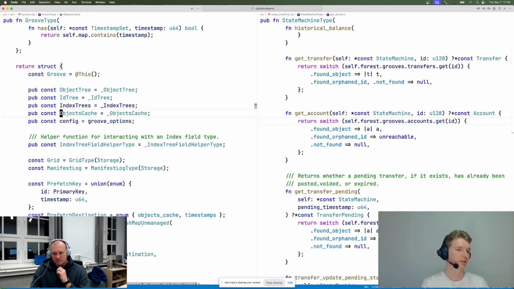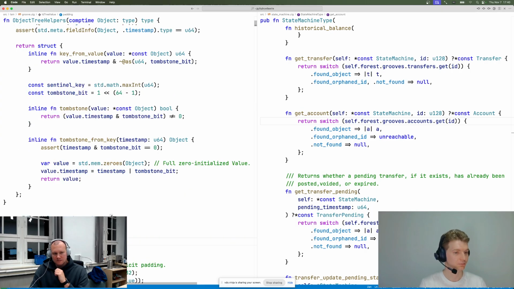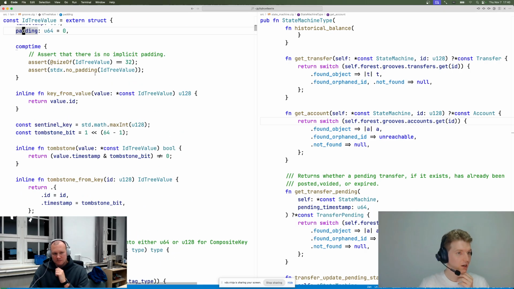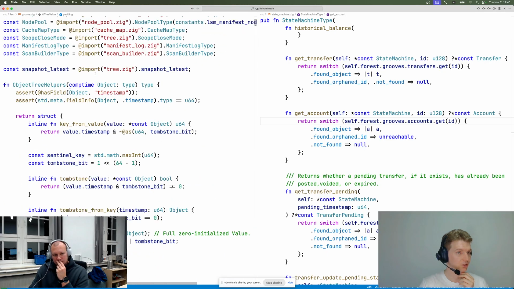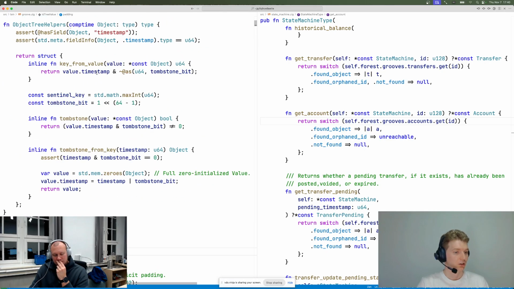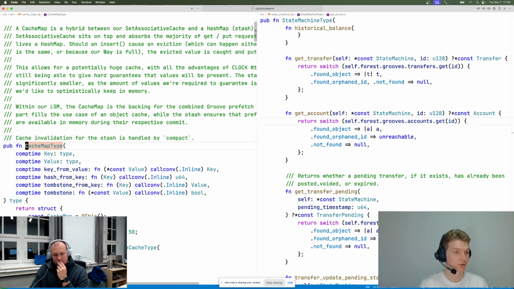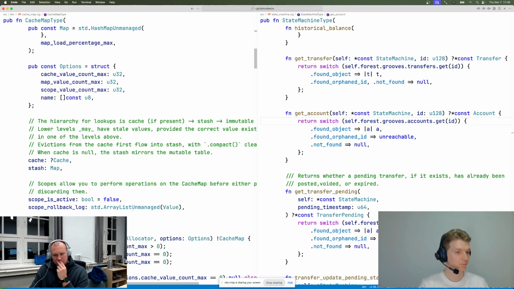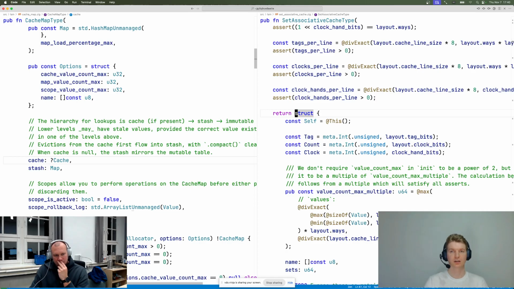Inside this object cache, let me see. We'll see that. Okay, no. I am lost. Cache map type. Okay, yeah. Inside this